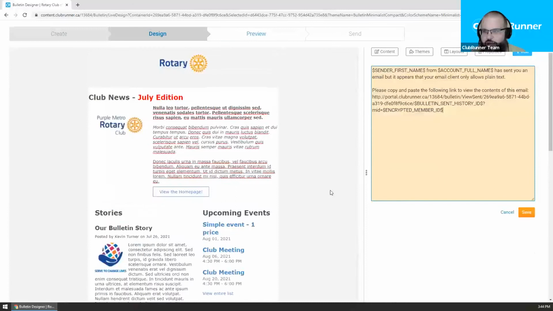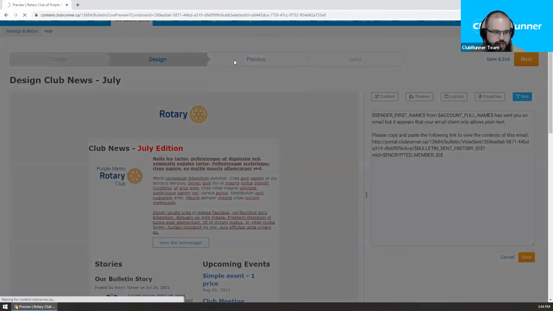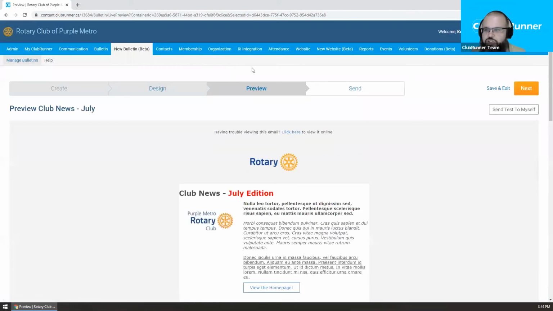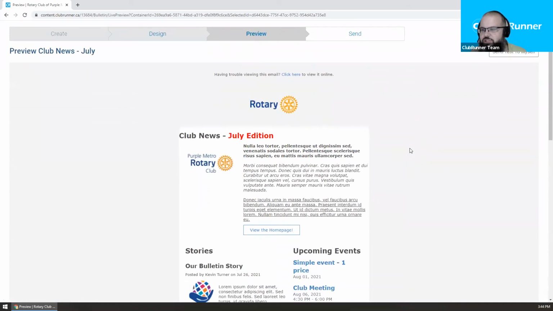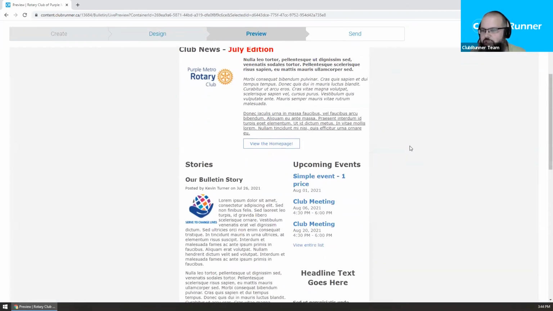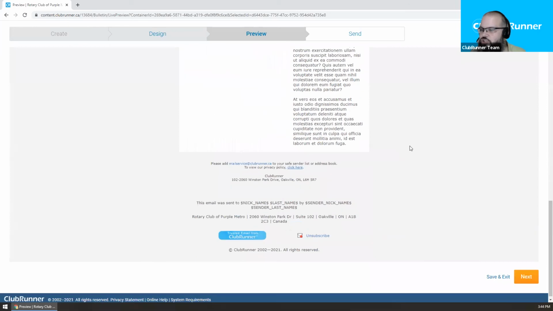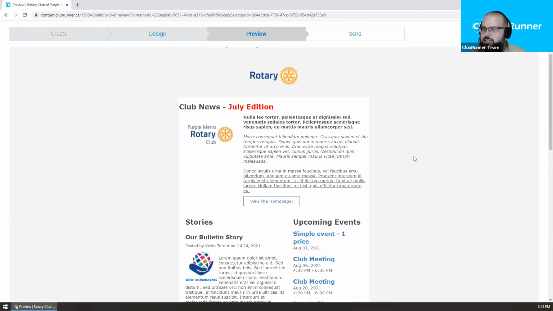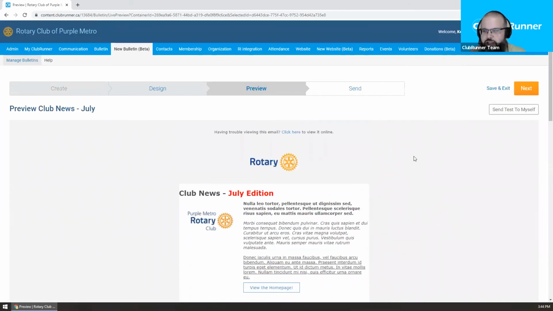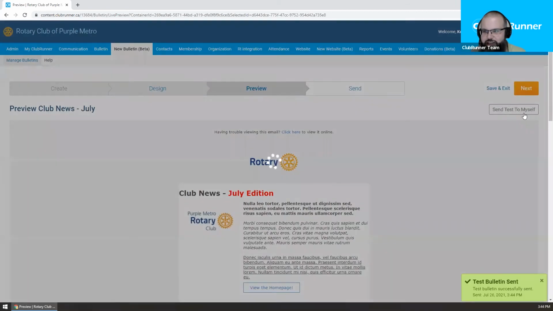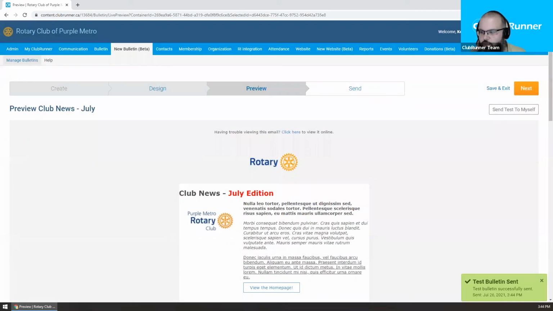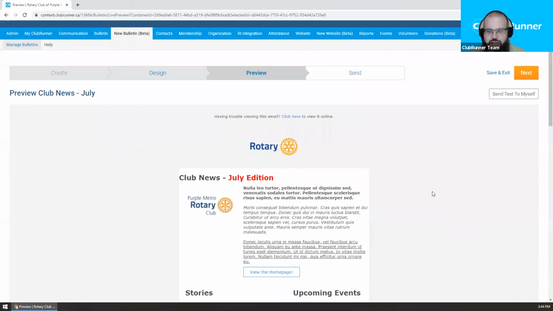I am going to go ahead and go to the preview stage. So in the preview stage, the system is going to do its best to present you a copy of the bulletin in the state that it should arrive in users' inboxes. And from here, if we wanted to, we can hit send test to myself, and we will get a copy of this bulletin as it is sent directly to the email address our user